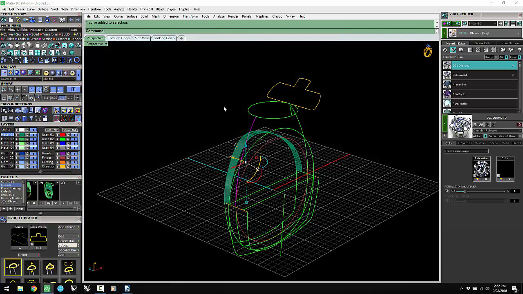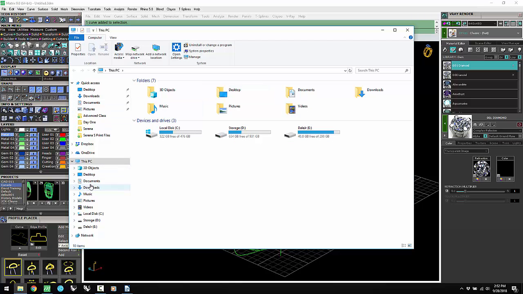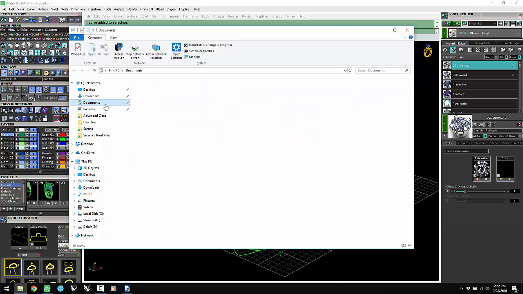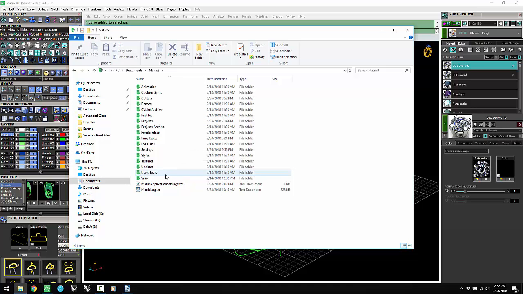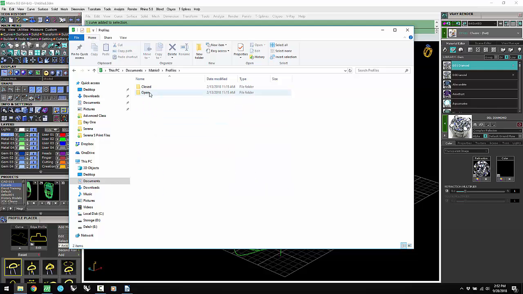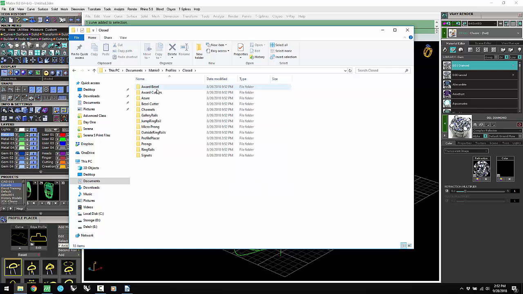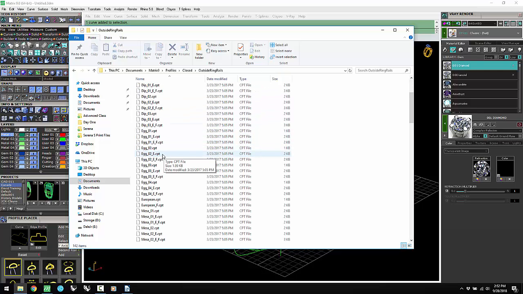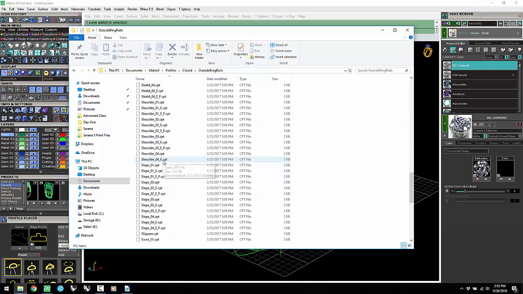Because I build my stirrup shapes, you can't get rid of them. Let's see where those are. You go and delete them. Yank the rug out from under them. So, was that profiles? Profiles. There it is. Those would be closed as well. Those would be outside ring rails, as long as you've named them. Now, if you named it like ours, like you called it shoulder 4